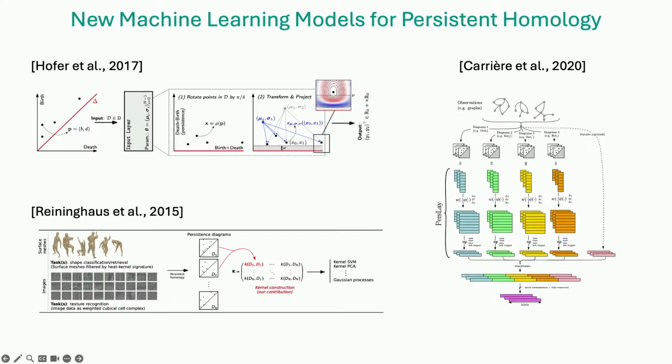These are my favorite papers in this area, because they say, okay, we're not going to cheat here. We're going to take the algebraic representation of the persistence diagram itself and create a layer in your neural network that intakes this directly. These are the first works that I think made this viable.